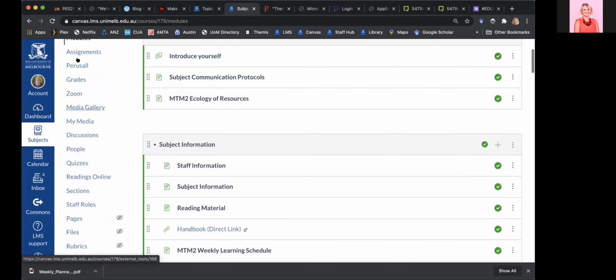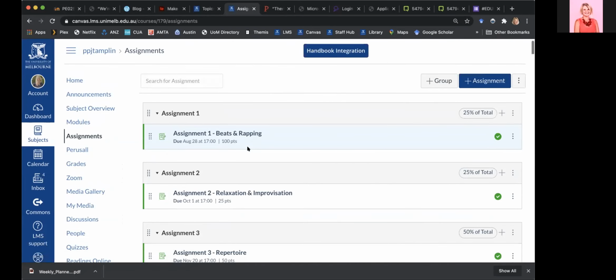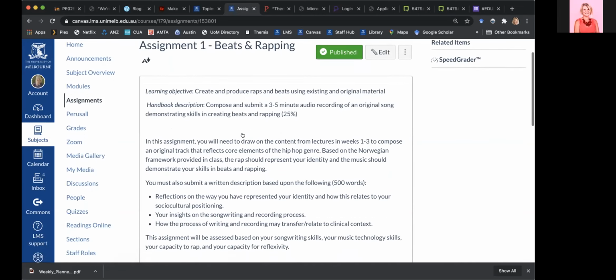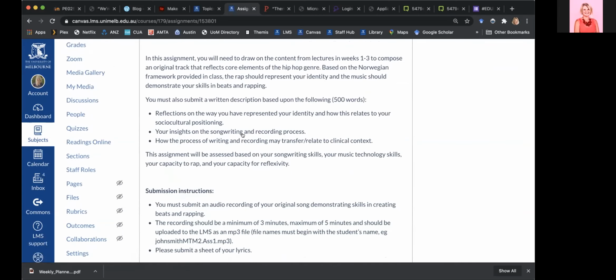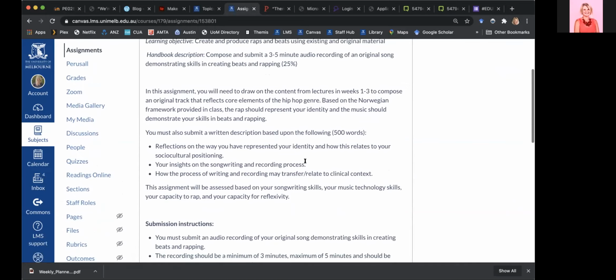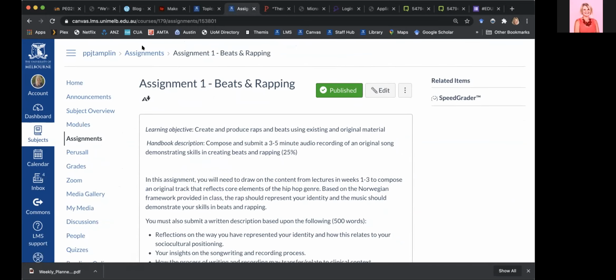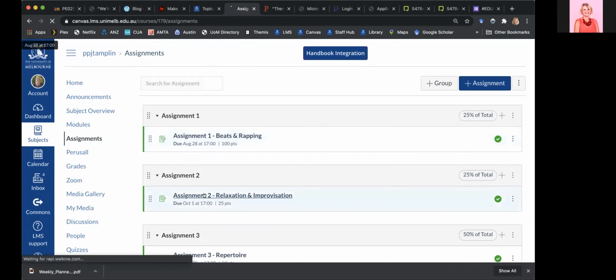So I might just have a look at the assignments now. There are two formative assignments. The first one is on the first content area of beat-based music, where they need to create their own song using raps and beats, and then also upload a written reflection. And then the next one is